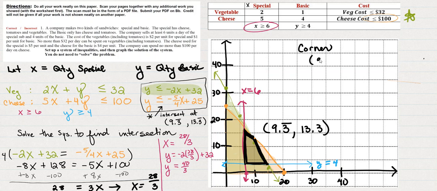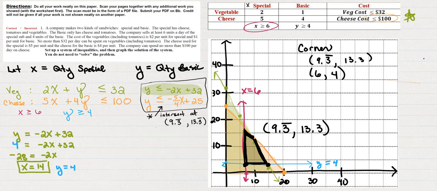That's the 9 1/3, 13 1/3. Here's an easy corner. We've got x equals 6, y equals 4. Another easier one, when x equals, what was this? When we get the green intersecting with the blue,